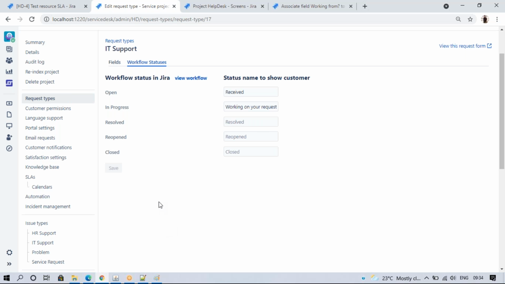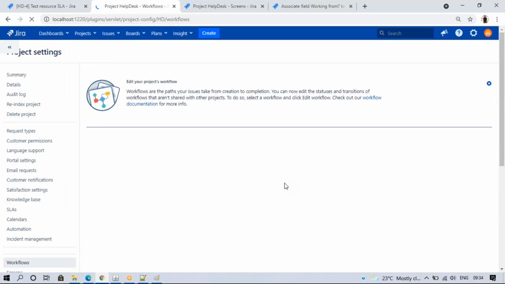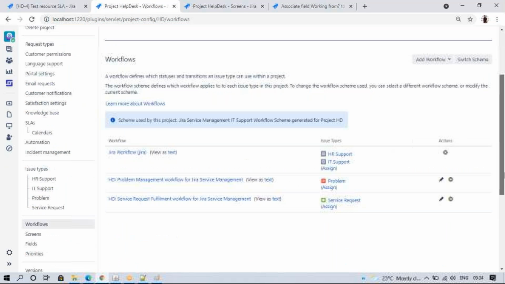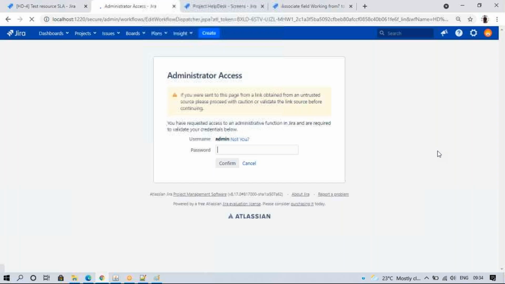And if you go to the workflows, we have one more option here. Click on the workflow, suppose Service request, Default workflow.